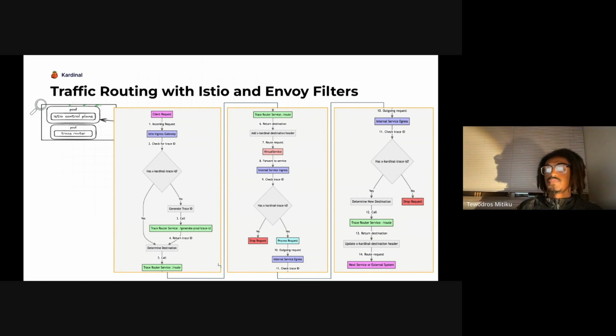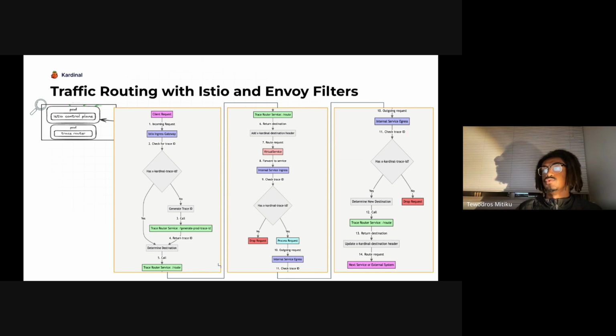So how do we actually do this? For each flow, a client request that is generated that is targeting a certain flow will get passed into our Istio ingress gateway. And the key thing here is we'll use this trace routing service where we'll attach a trace ID for a flow. And so each flow will get a unique trace ID that determines how that request should be routed through the system. And then this trace routing service will tell us, okay, based on this flow and based on the trace ID, what service should we actually route it to? What's the destination for that request?